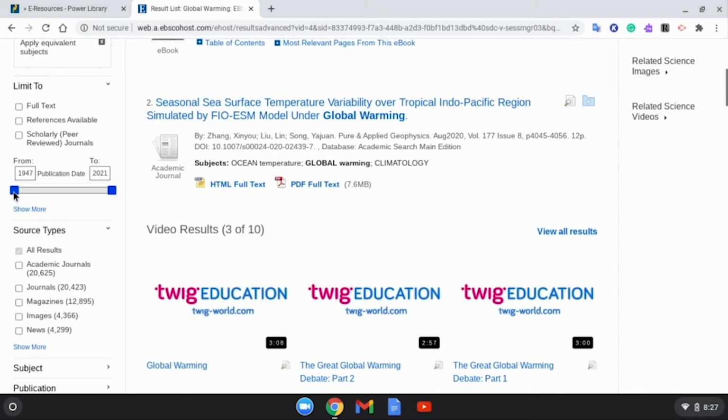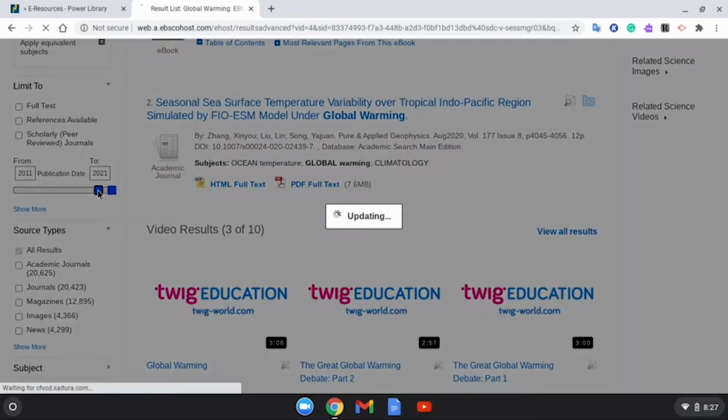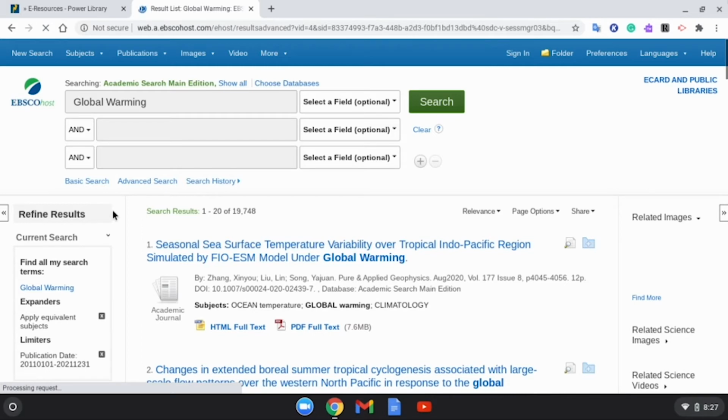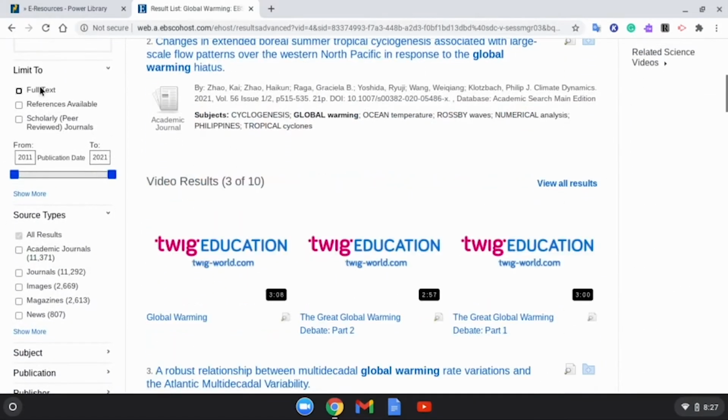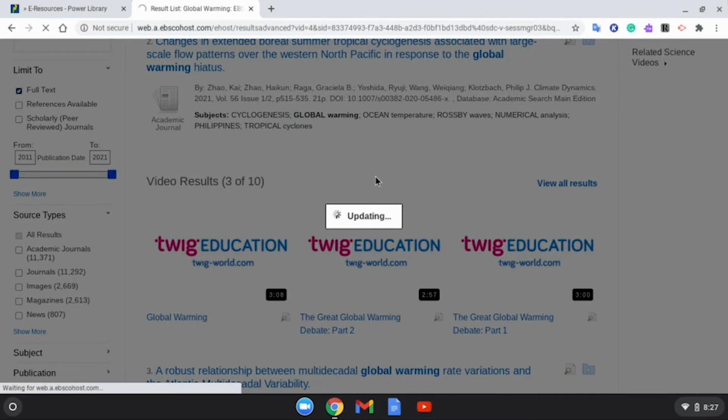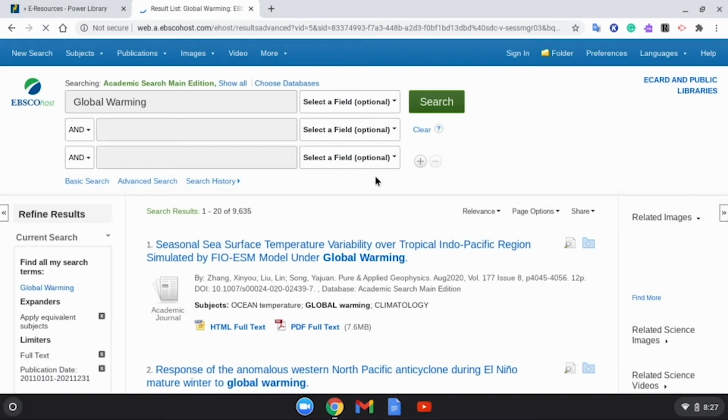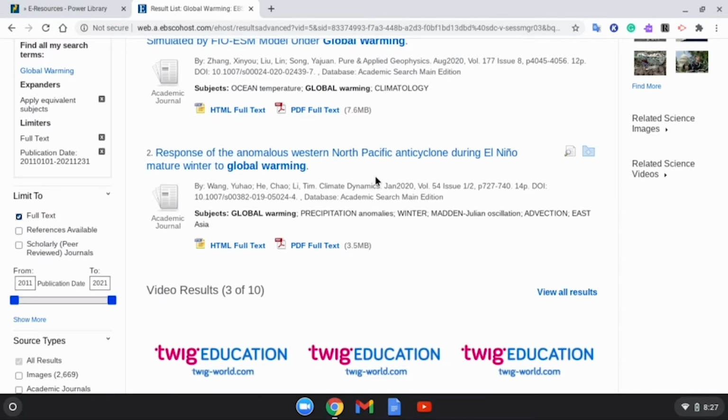For example, perhaps we can only search more recent information instead of looking at global warming info from the 1940s, which may not be relevant. One other thing I want to point out on this side of the screen, we have the full text box. So as long as we check that off, that ensures we're only going to be looking at full text articles. Sometimes on EBSCOhost you can find links to articles that it doesn't have the full text for,